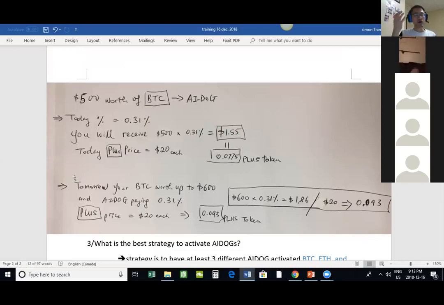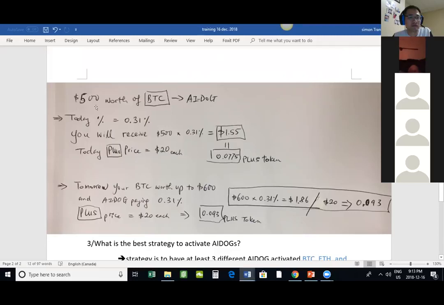If the Bitcoin price goes up, you will get paid more. Why? For example, today whatever Bitcoin you're holding is worth $500. Tomorrow, if the Bitcoin price goes up, your Bitcoin is worth $600. How much do you get paid? Instead of getting paid 0.0775, you will get paid 0.093, because now you are holding $600 worth of Bitcoin instead of